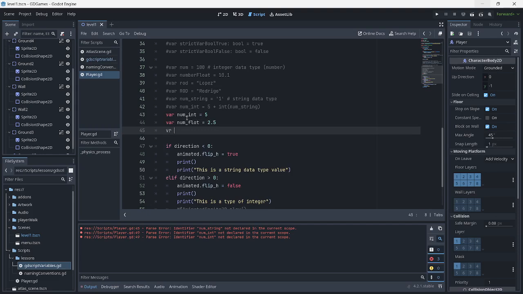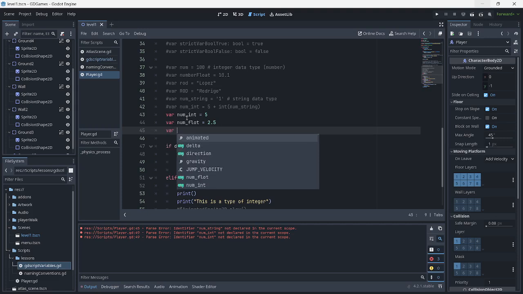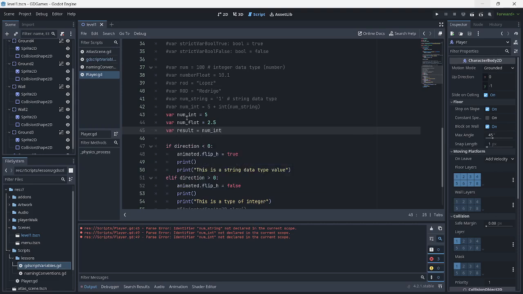So what are we going to get as a result if we try to store the value of num int, which we know is currently 5, and we add the num float here? I think we have to have a correct identifier here.